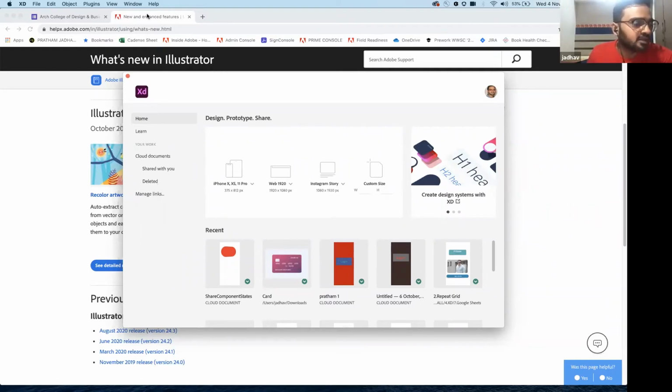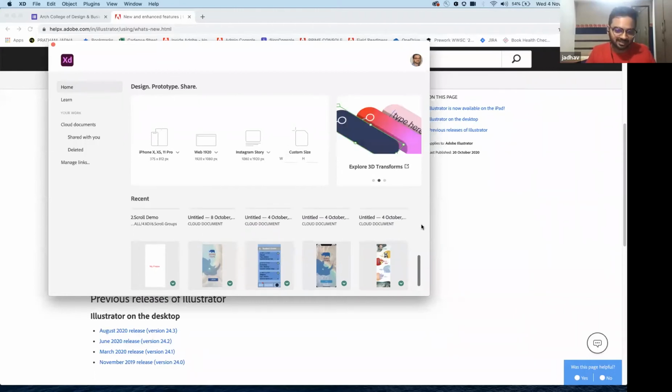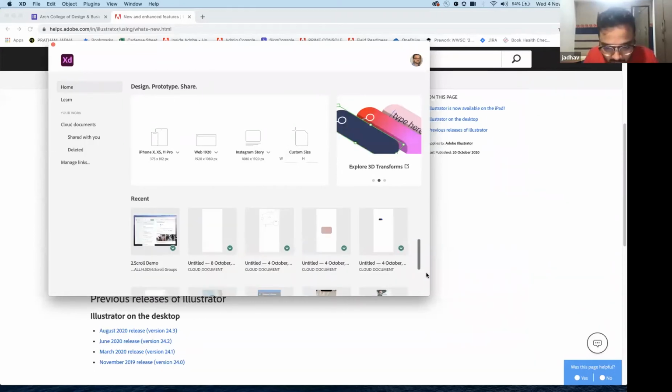So you can create web applications, you can use XD just as a presentation tool. You can also create mobile applications and all of that. Let me show a simple example. But in terms of the new features, there are a lot of new features within XD. I would take 1 hour specifically to show the new features in XD, but let's see what I can show at least.